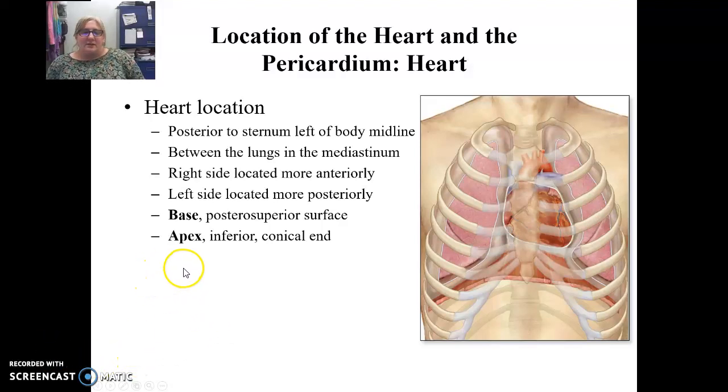So let's look at where the heart is located. It's in the thoracic cavity. It actually runs along the mediastinum of the thoracic cavity between the lungs, and it's protected by our sternum and our rib cage. The base of the heart